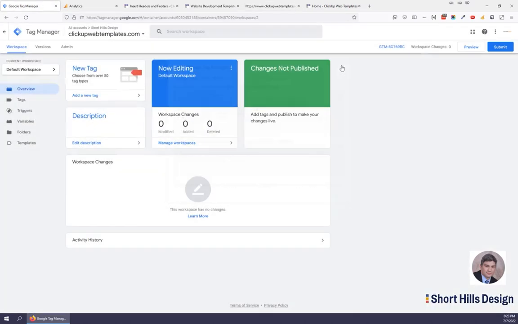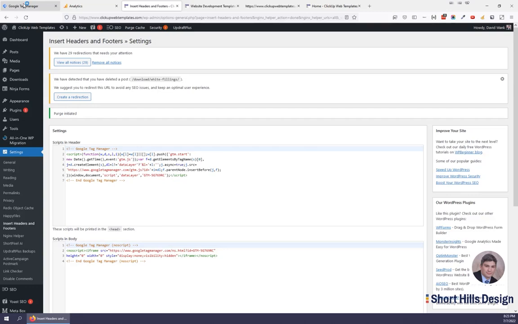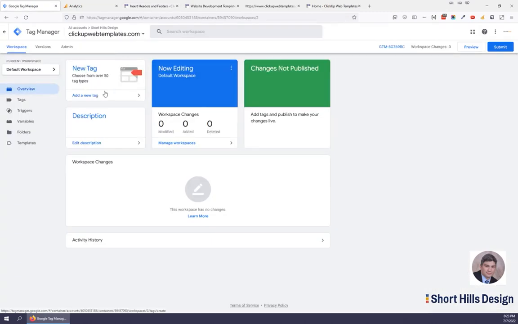But okay, that's fine. Now, why not? One of the reasons is probably because we haven't actually published a container. So that's why we don't see it. Now, we can publish an empty container, but what's the point? That's no fun. So now that we have it installed, and we know that we do, let's go ahead and test it,